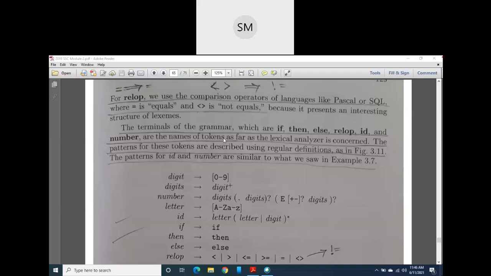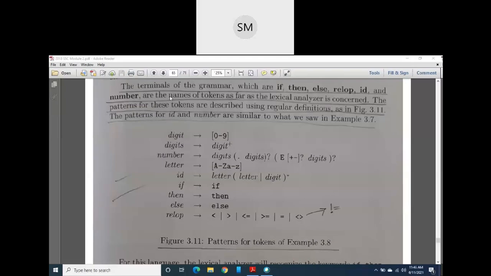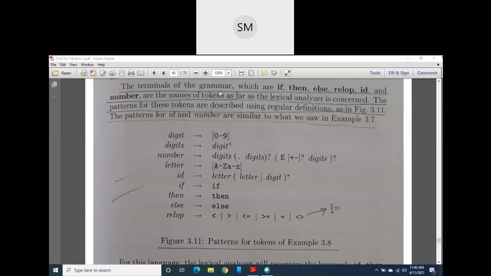Okay, so here, as I just told you, in our previous grammar, whatever I have shown you in a set of rules, there are some terminals. Just now I told you what those terminals are: if, then, else, relational operator, identifier, and number, right? So what are all these things in bold letters, whatever we had written there? These all are terminals, correct? And along with these terminals, there were some non-terminals also, and we have defined them also, like expression and one more thing, identifier and number.